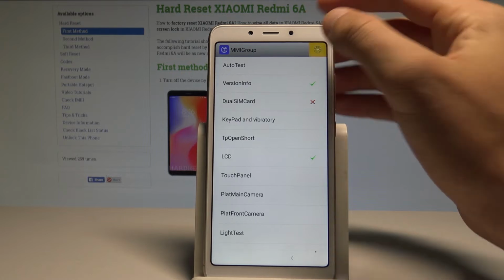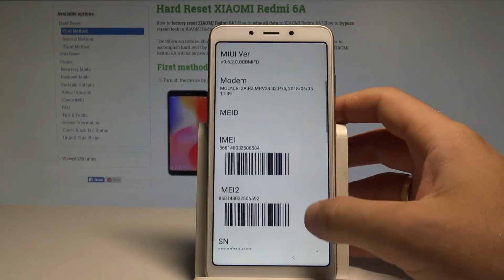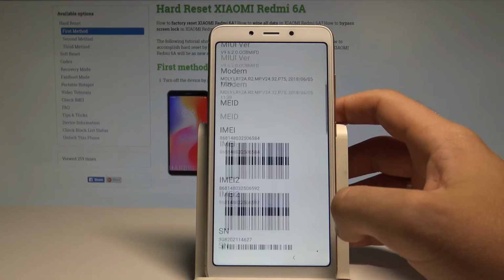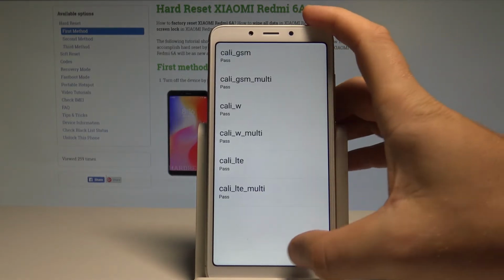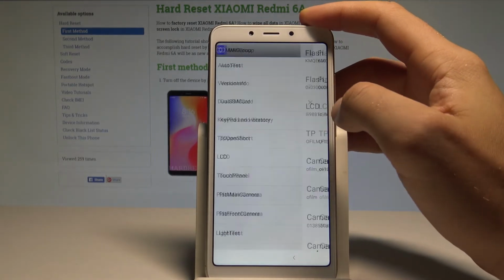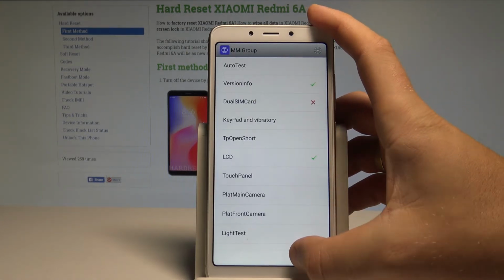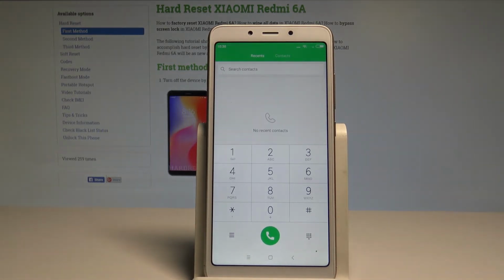You can also use the more key here in order to check the version info. Here you've got, for example, serial number, IMEI number and other stuff. You can also see the manufacturer info and the hardware information right here. Alright, so that's it. Let me quit this hardware test mode and now let me show you how to enter